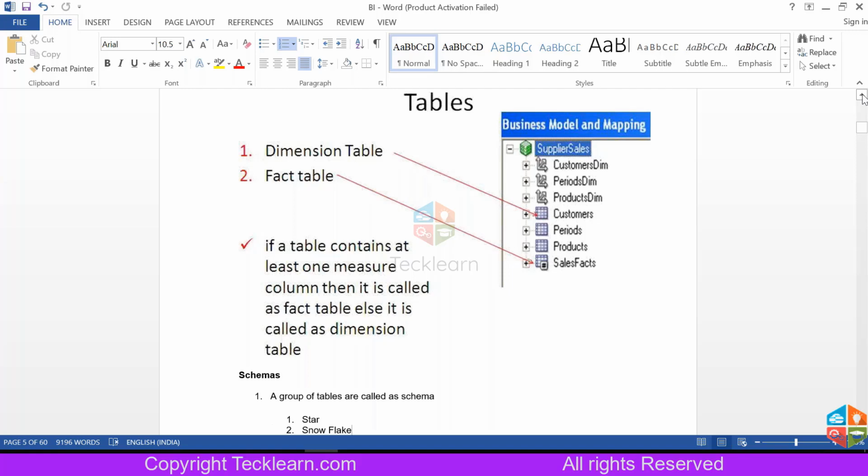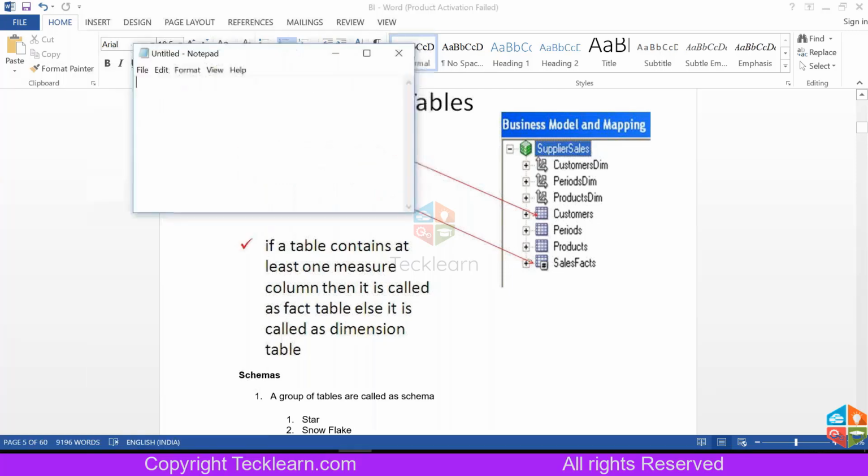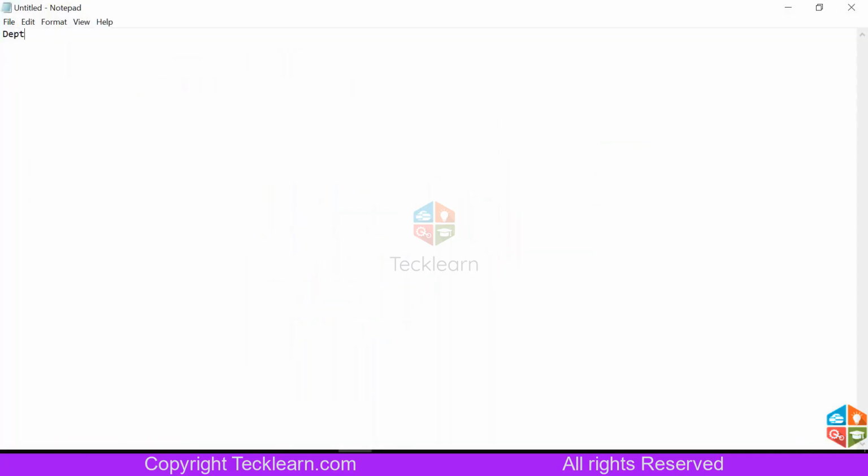For example, let me show you. Something likewise, and you have repetitive data, whereas you have one more fact table where you can have multiple things.